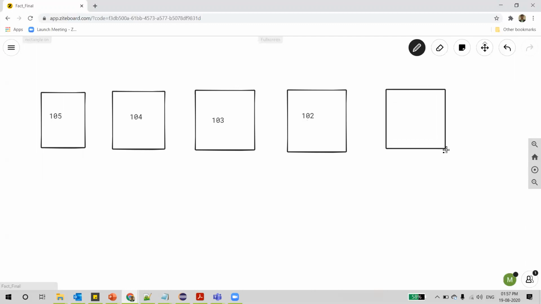And again, we come to room number 102, and we'll see the same message on the lock: the key of room 102 is in 101. Again we'll go to room number 101, and this room is not locked, so we'll find a key here, the key of room number 102. So we'll pick up the key and open room number 102